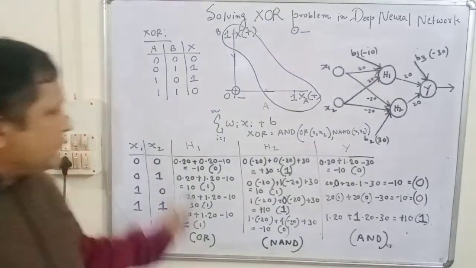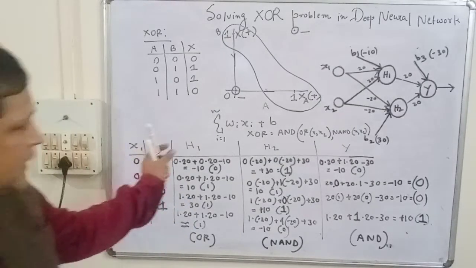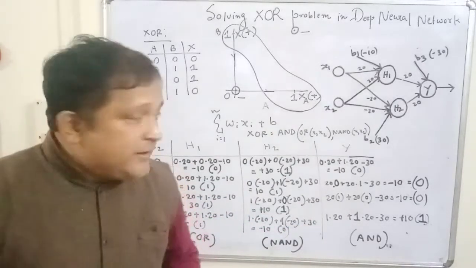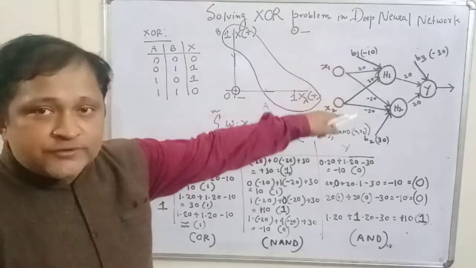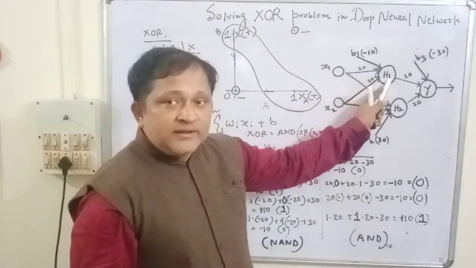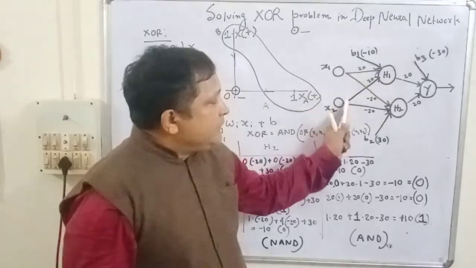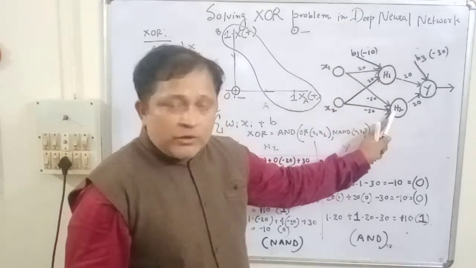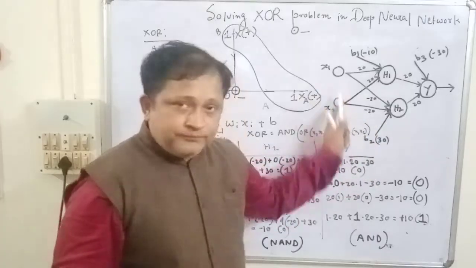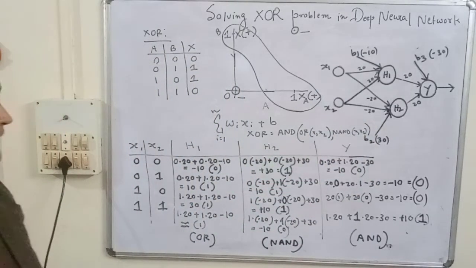So in this way, we have found the hidden layer outputs and the final output as well. The final output is the ANDing of the two hidden layer outputs. The first hidden layer neuron output is an OR of the two inputs, and the second hidden layer neuron output is a NAND of the two inputs. Now our analysis